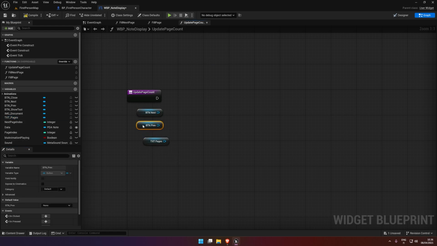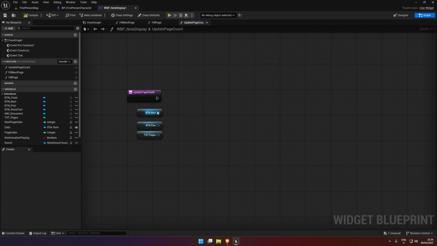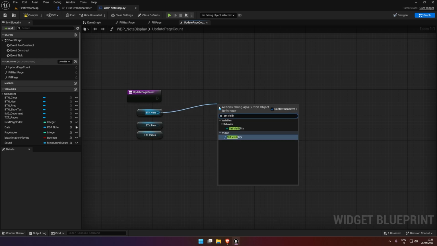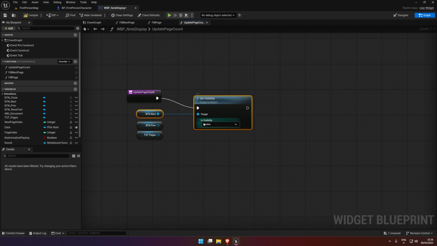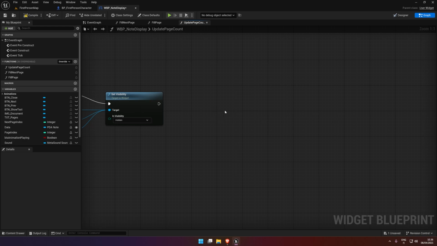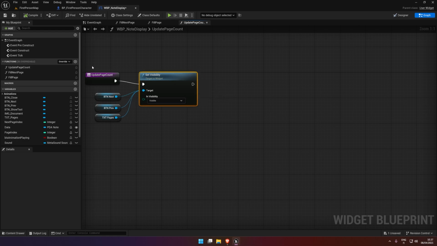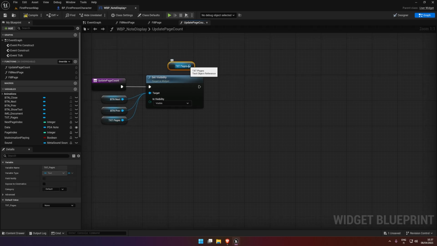And all we're going to do here is we're going to say set visibility like this. And we're just going to plug these in here. And like this, we're just going to say hidden. No, sorry, we're going to say visible because this is going to only show if the pages actually have more than one. Okay. Next, we're going to grab txt pages and we're going to go